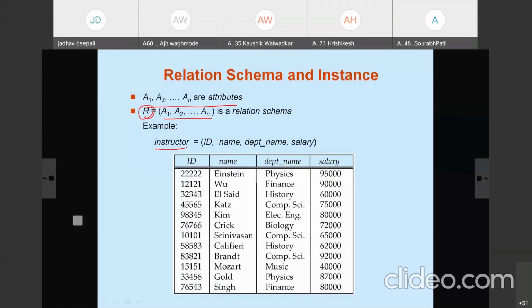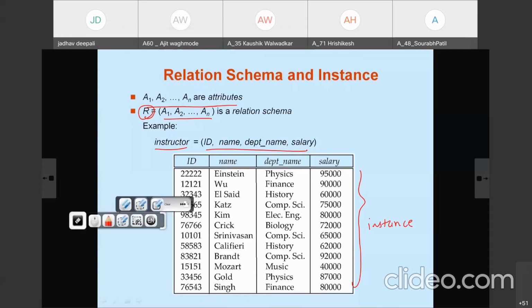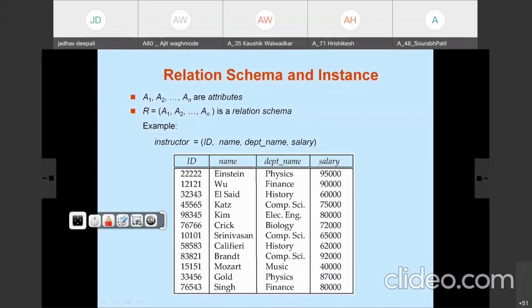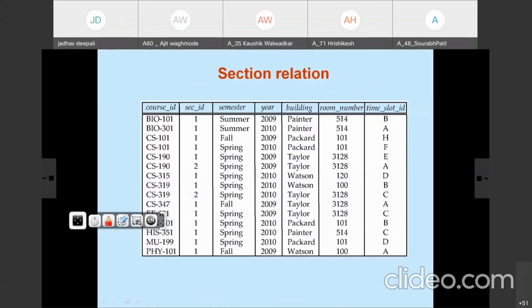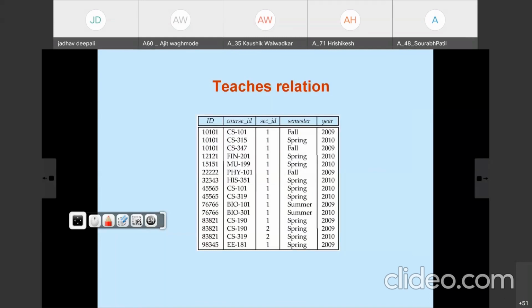Instructor is the name of the schema, the name of the relation, and these are the attributes of the relation, and this is the instance of the database or instance of the schema. In this way, for a relational schema or database schema, we can write the names of the attributes, the logical structure, the logical design of the database. This is the example of section schema, teacher schema, etc.